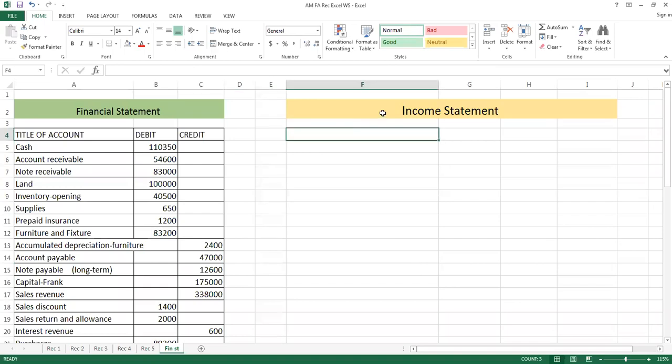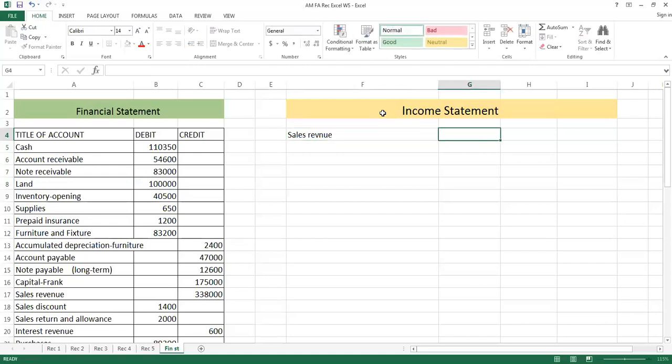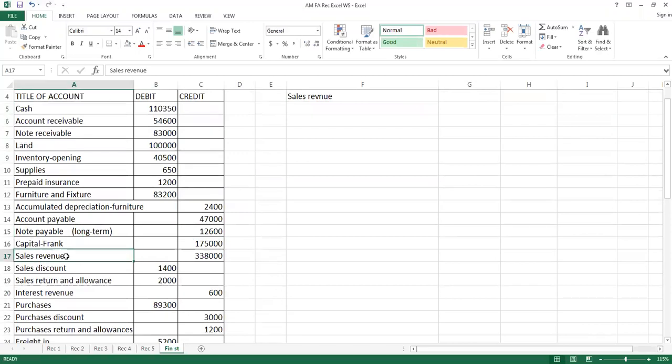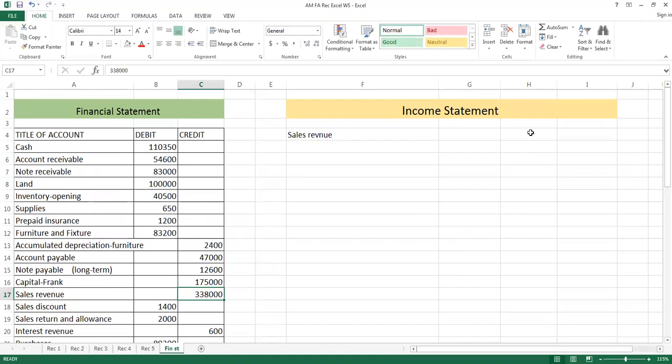To start the income statement, the first information that we will take is sales revenue. You can check from the trial balance where this information is given. So this is sales revenue given on the credit side. So we will take this amount here, and then we will minus